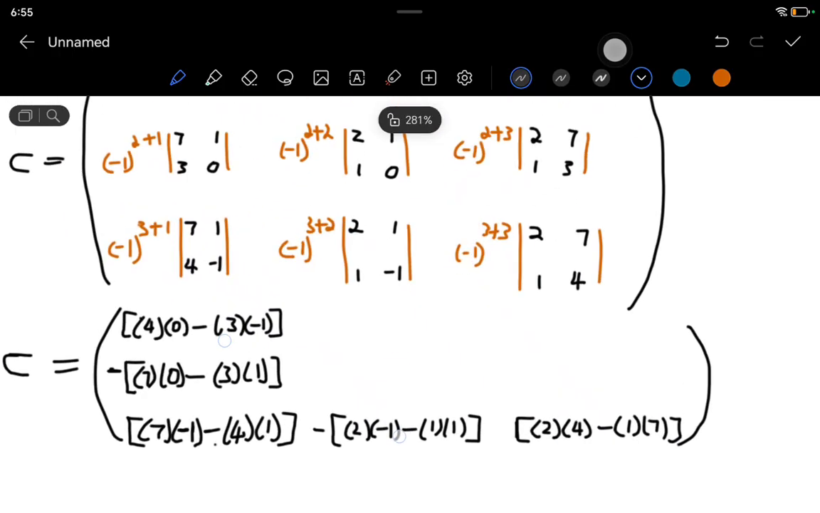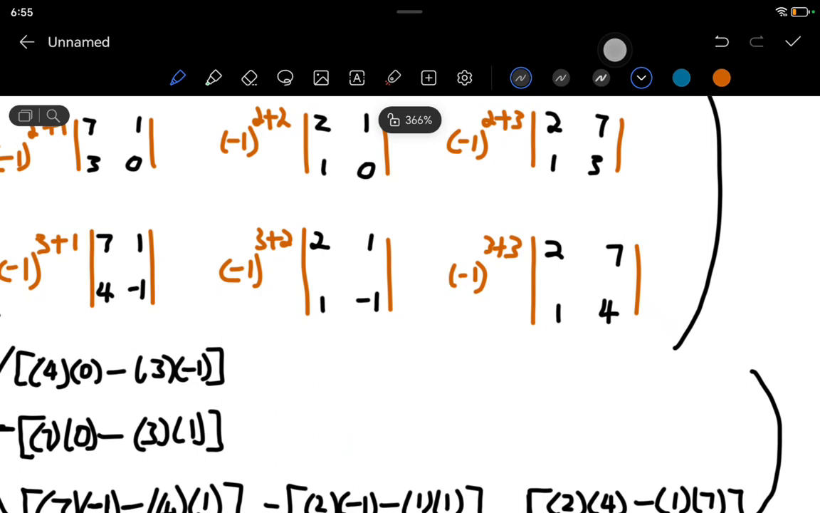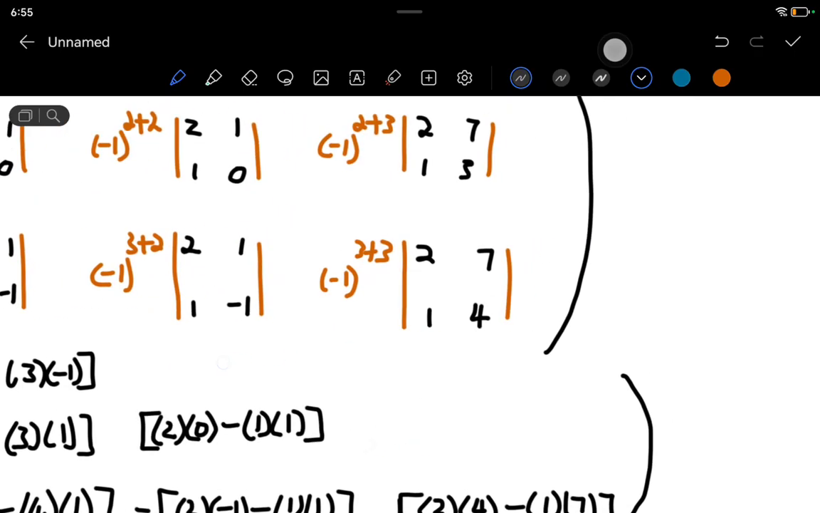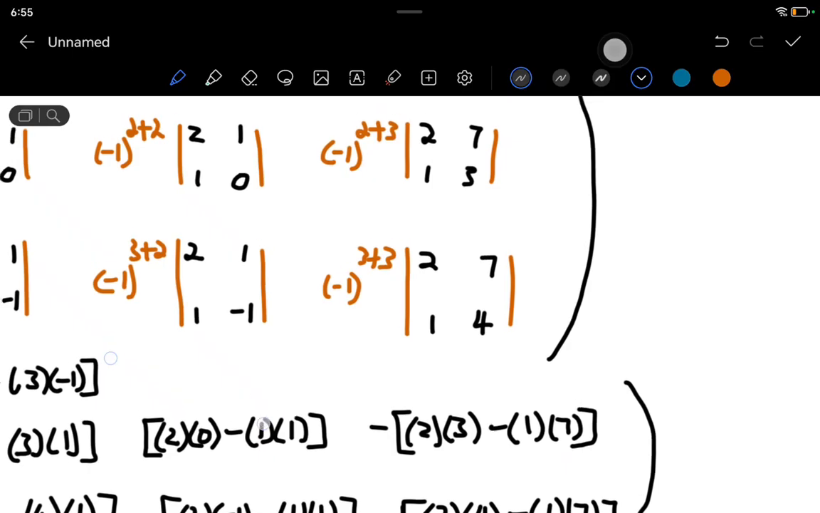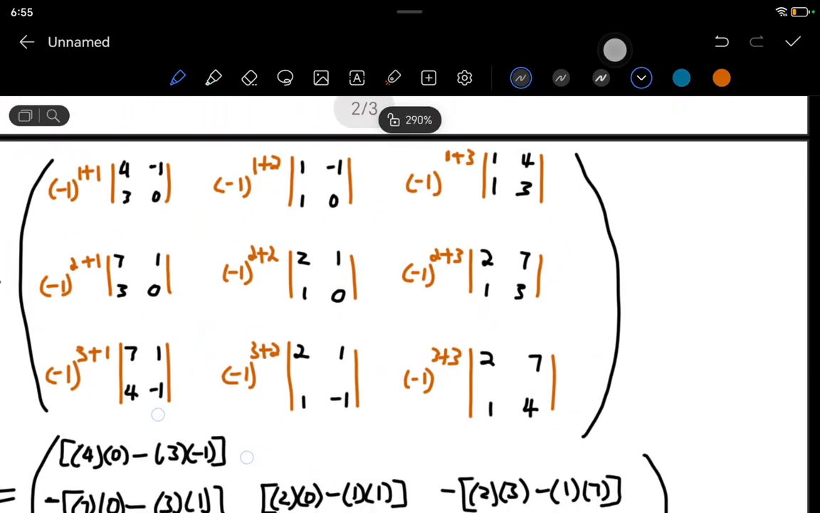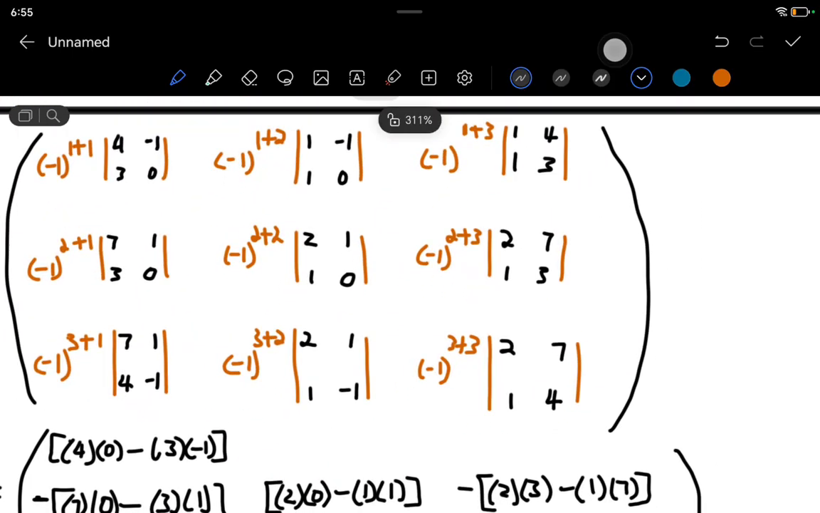And then we come to this one in the middle here, it's positive, so it's gonna remain like this, 2 times 0 minus 1 times 1. This one is negative, exponent is odd, 2 times 3 minus 1 times 7. And then we come to this one here on top, exponent is odd, so it's gonna be negative 1 times